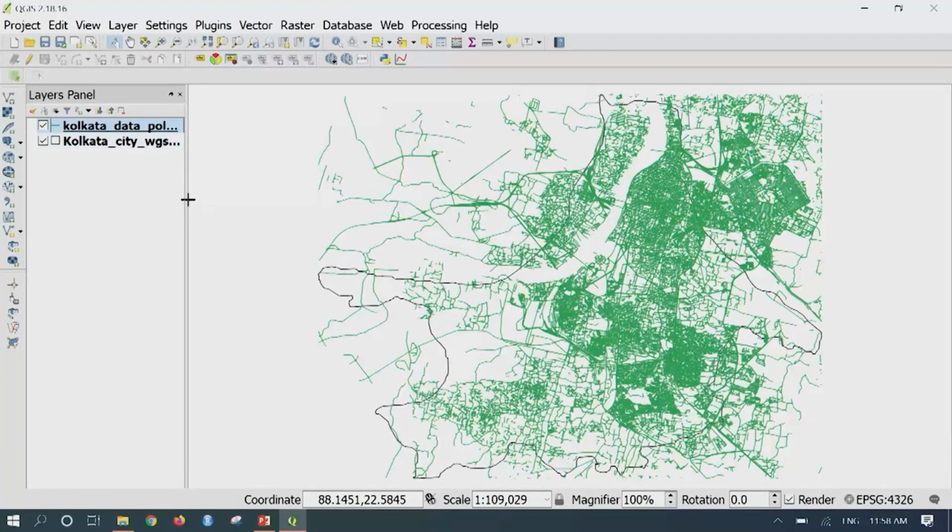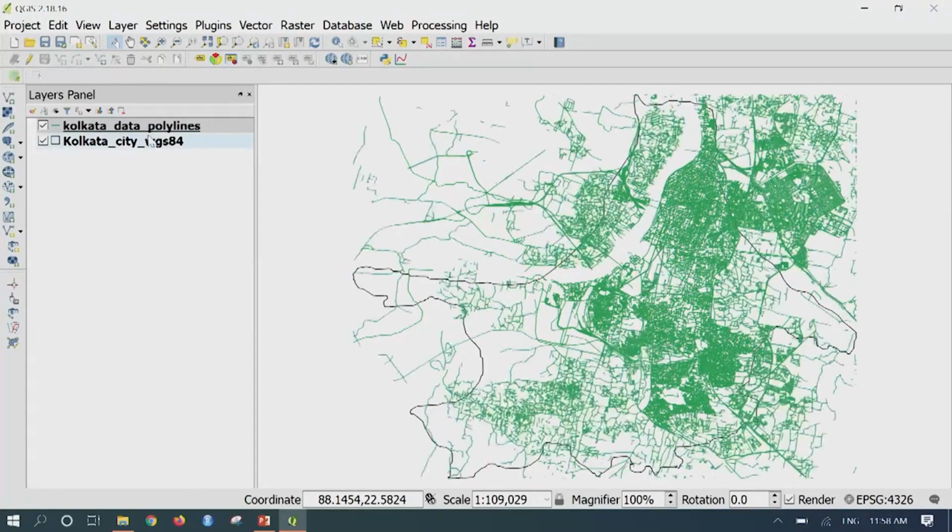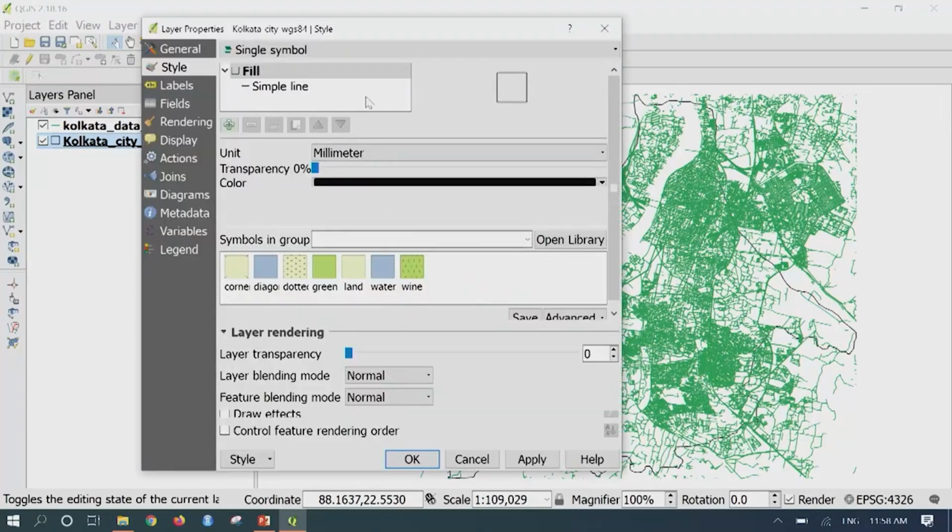So here you can see a layer has been added saying Kolkata data polylines. It will automatically name it Kolkata data polylines, and it will get downloaded to the window. So something like this. Here if you want to highlight the boundary, right click and go to properties, and